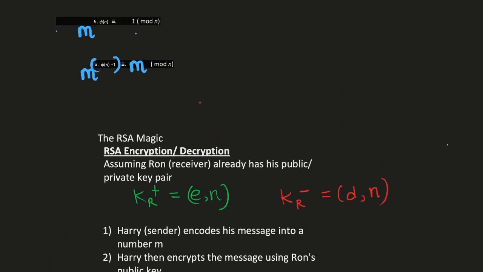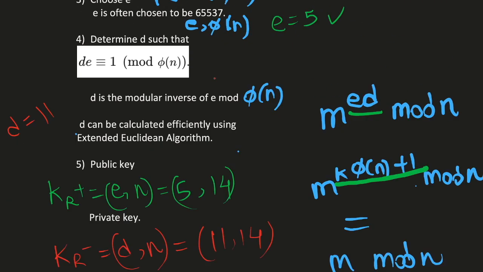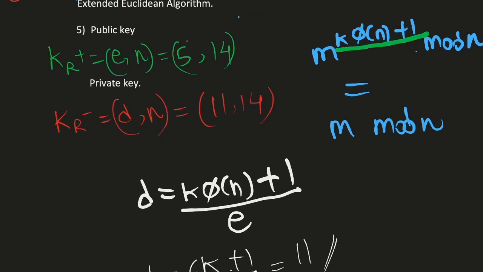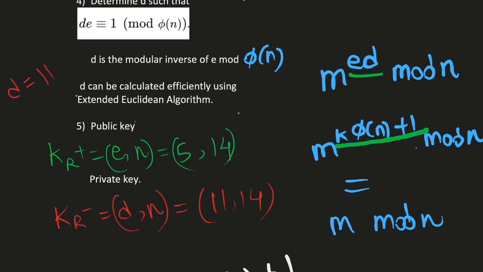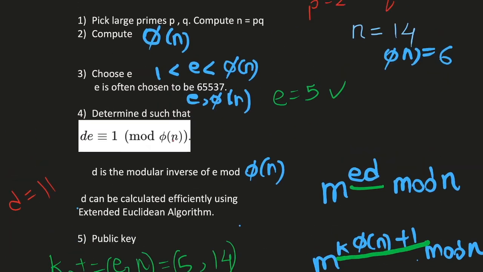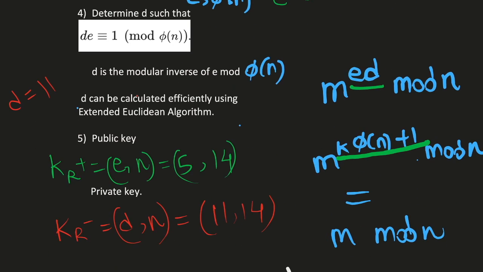And that is what we used in the previous step when we had to actually send the letter from Harry's end to Ron's end. We used E as 5 and D as 11, and it worked like magic. E worked like an open lock, and D worked like a key. So now I hope you have some idea of how a public and private key pair is generated as part of this procedure.